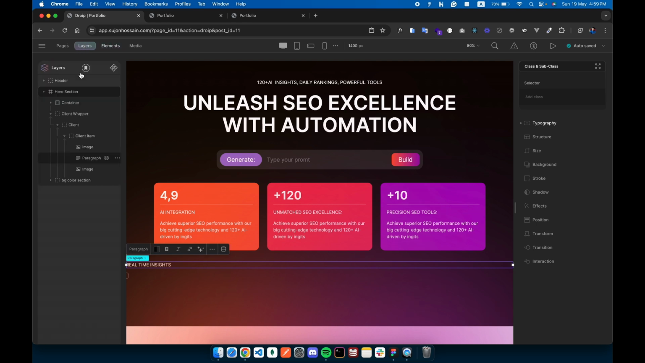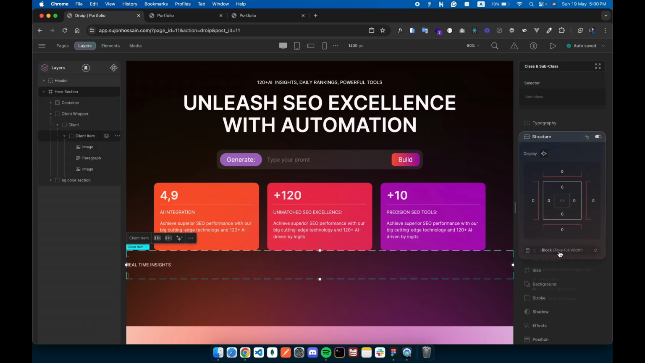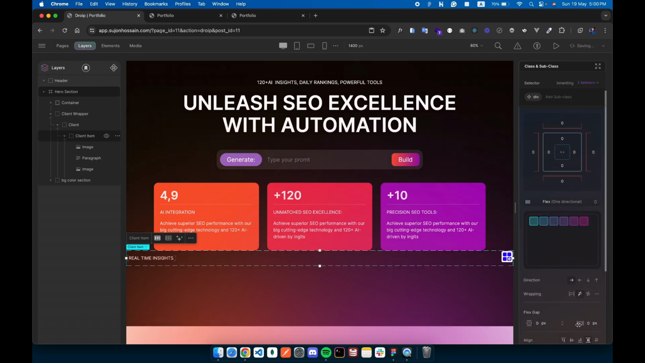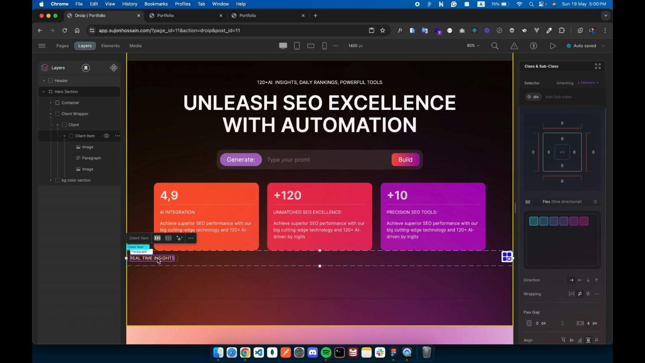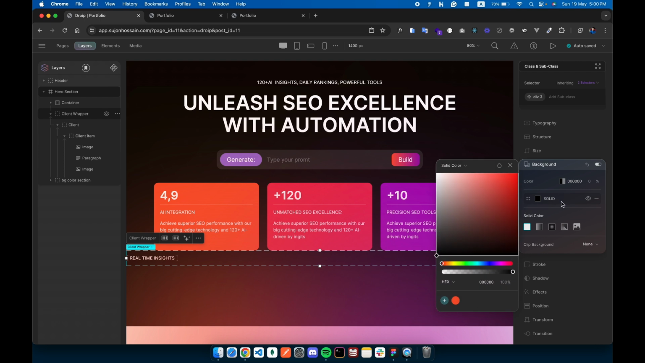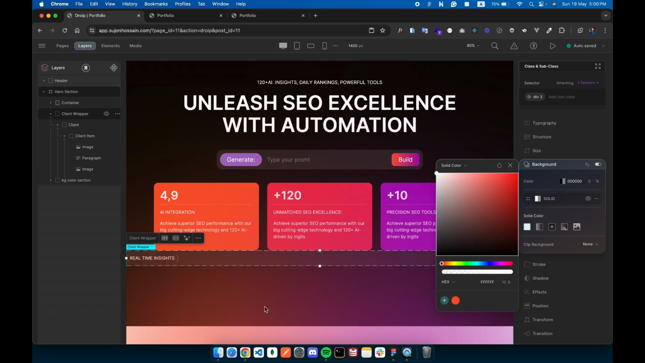and select the parent element client item and set the display to flex and add a gap of 4 pixels for each item. You can see this is visible now. So I need to add a background for the client wrapper. I'm going to add a background for the client wrapper, white 10%. So now this one,